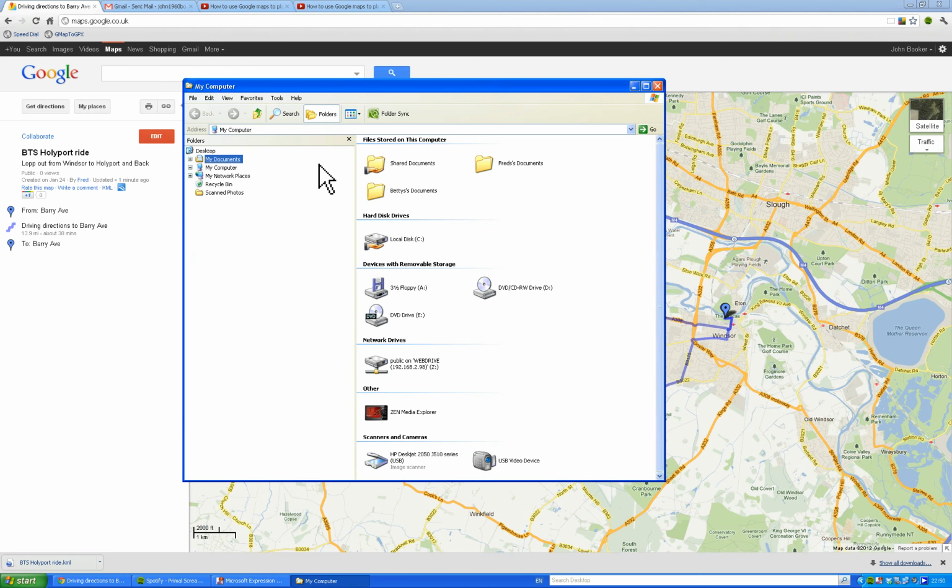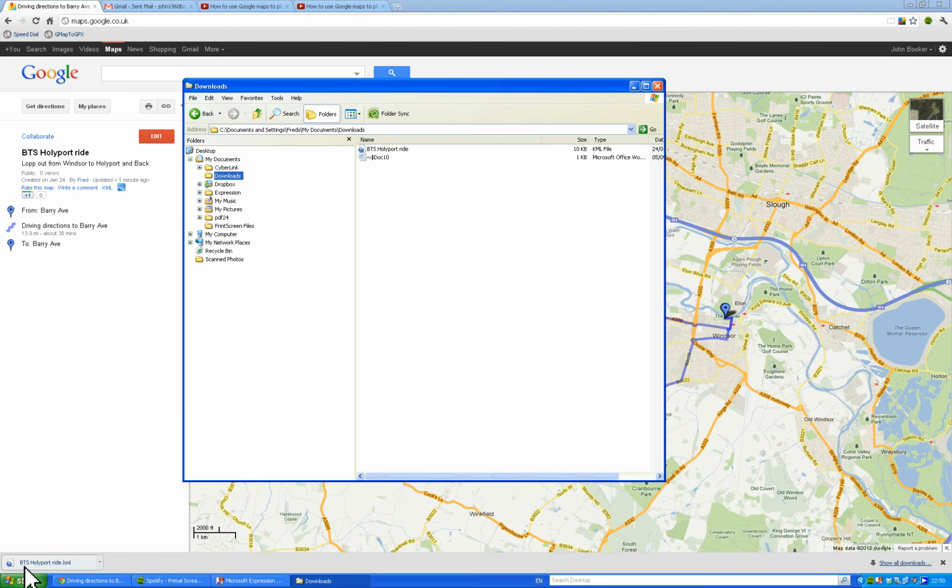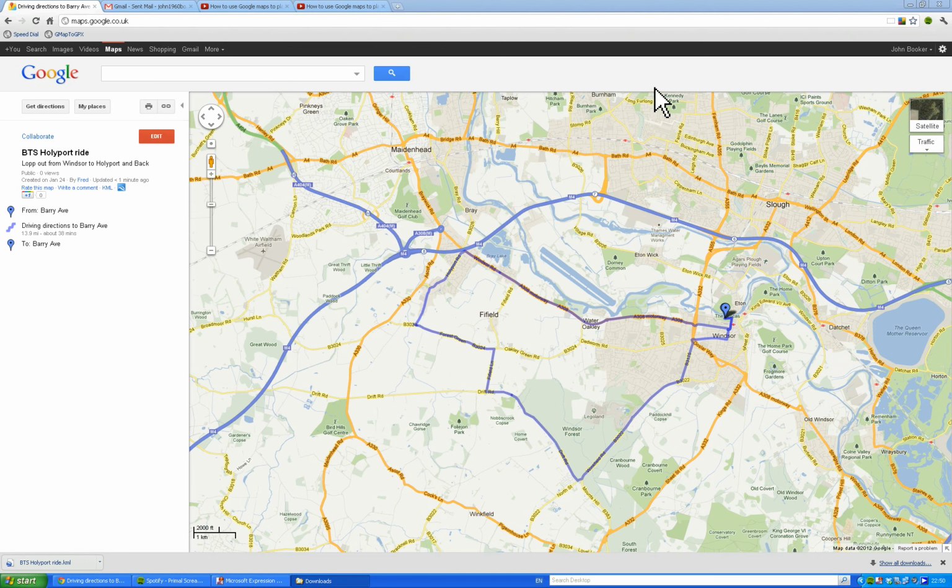So if you go to folders, look at my documents and downloads, and you can see the number is BTS Hollyport Ride, and there it is, KML file BTS Hollyport Ride. So what we're now going to do is actually